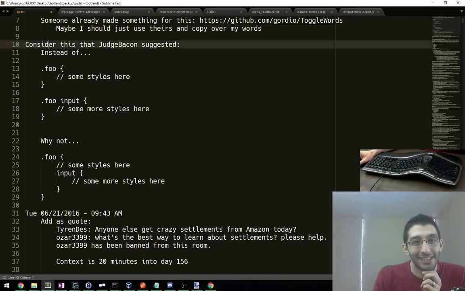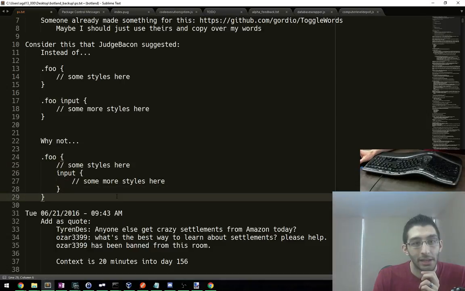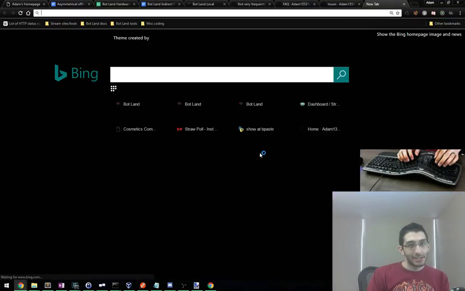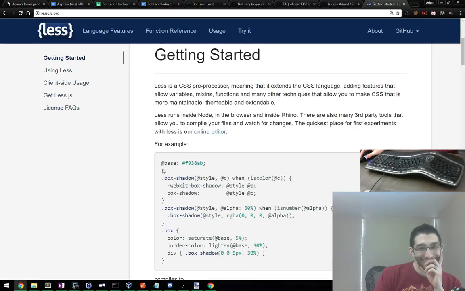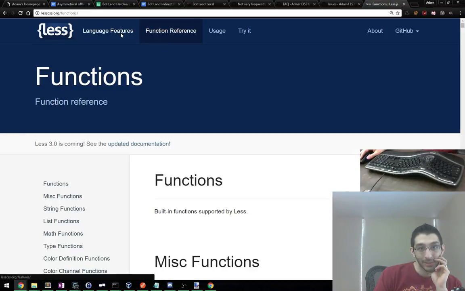So consider this that Judge Bacon suggested. Instead of .foo, some styles here, more styles here. Why not this? That is probably much more reasonable. We should test this out. I never actually really bothered learning Less. I'm just using it. All right. Using Less. No, not that. Where's their...